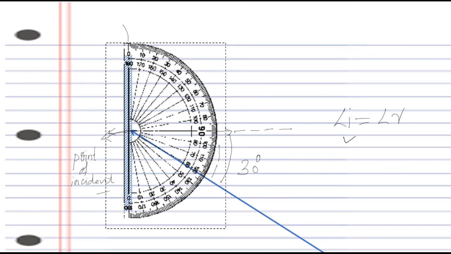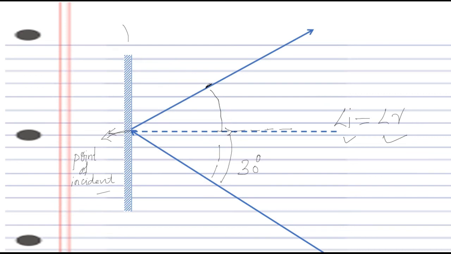So it's 30 degrees here. That means according to the laws of reflection, angle I should be equal to angle R, the angle of incidence equal to the angle of reflection. So from here, 10, 20 and 30. So this is the point, right? We have to mark it and then draw the light ray. So take out the protractor and then draw the light ray. So your diagram is this.